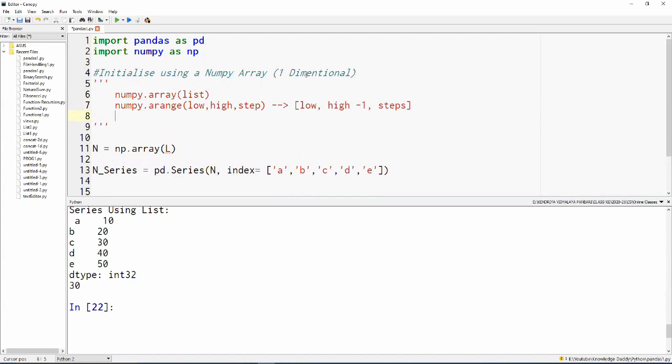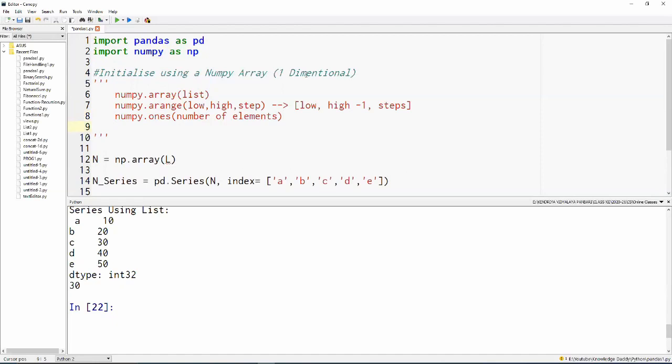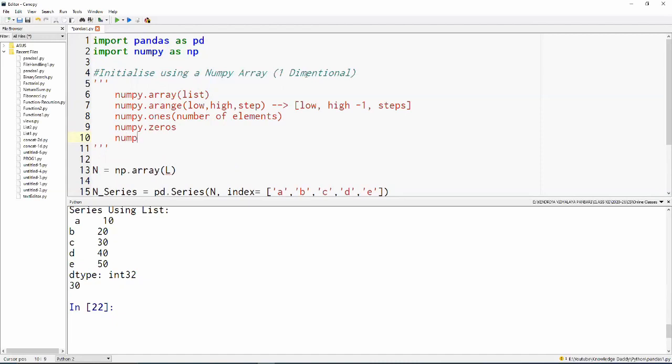We can use arange, or we can use another method like numpy dot ones, and then we provide the number of elements we want. The same goes for numpy dot zeros and numpy dot full, where you provide the number of elements and then which value.